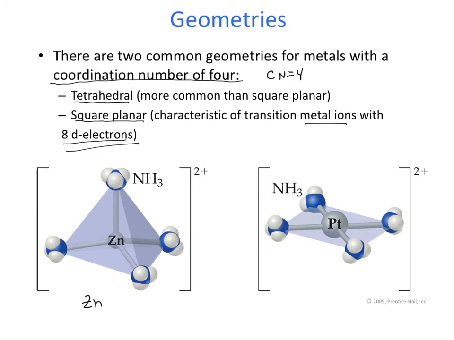To draw our tetrahedral shape: line, line in the plane of the board, wedge, and dash. NH3 are the ligands, N is the donor atom, so nitrogen is the atom touching that bond. N is our donor atom, really important. And then finishing the sketch off, this is a 2+